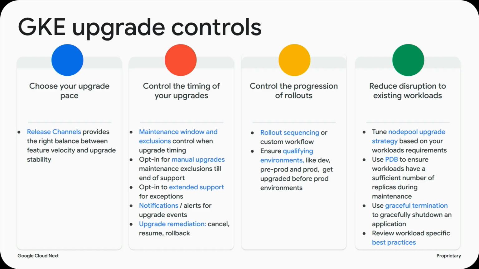I'm not going to go through all the features. Aurelie is going to go into the extreme details of them. But at the high level, it is choose your pace, and within the pace you can choose what timing you want: when to start, the sequencing, which levels, control plane, data plane, all of that. For large fleets, whether you have dev and test or just many clusters, or you want to sequence your clusters in a certain order for upgrades, there is release sequencing, which is awesome. Many of you are using it here, which is great. And then there's reduced disruption, which is generic for the data planes.